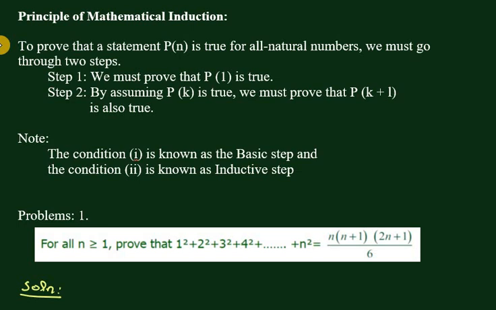Dear students, through this video, we'll learn the principles of mathematical induction. To prove any statement P of n is true for all natural numbers, we must go for two steps. Step one is, we must prove P of 1 is true. That is, P of n is true for the initial value. And step 2 is, by assuming P of k is true, we must show P of k plus 1 is also true. If we prove these two steps, we can conclude our statement P of n is true